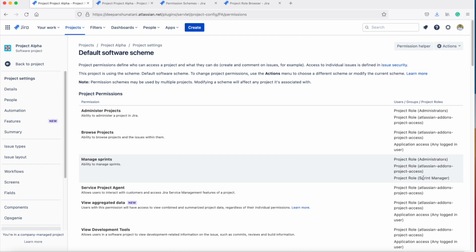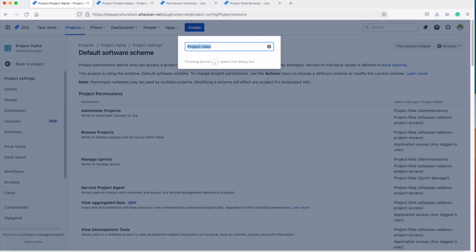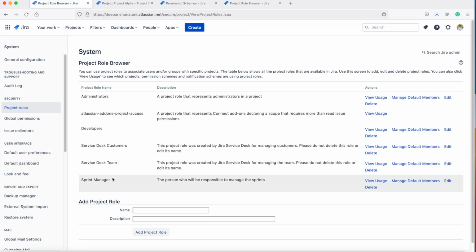This sprint manager project role has been created by me, and this is a custom role. If you want, you can create other custom roles as per your needs. In order to create a custom role, you can just switch to the project roles section in the administration. And here you can see that this is the project role sprint manager that has been created by me.